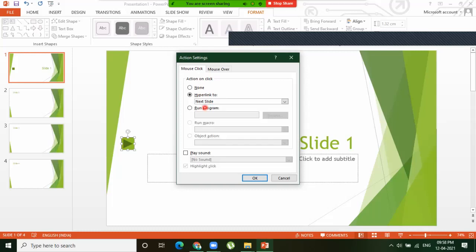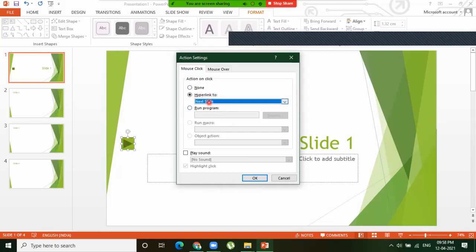So if I choose next slide, after clicking OK button during the slideshow, if I click this action button, the slide has to move to the next slide. Means the second slide has to be displayed when I click this action button. Whether it will happen or not, let's see.